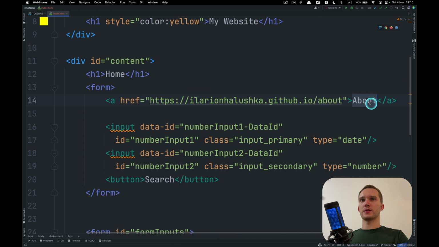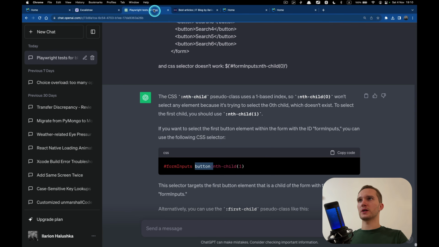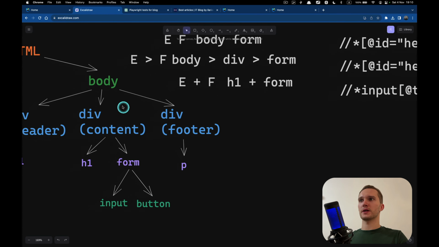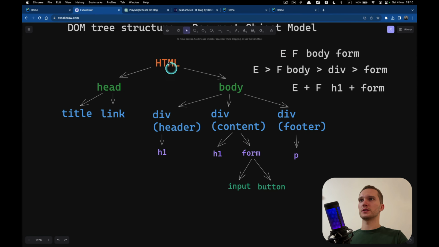This is the link. And I was telling you that we are searching elements by going down the tree. From the top we are going down, and searching elements always down. So first we have to specify the parent and then the child, and here is how it's done: body is parent of div. Div is parent of form.